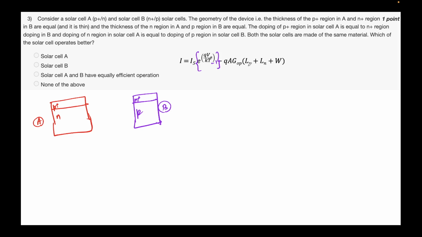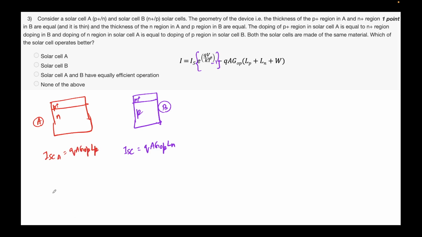The thing that is going to be different is VA; I'll assume the applied bias is the same for both of them. So let's first say what ISC is going to be. ISC for B will be Q A GOP LN. Why LN? Because the electrons are the ones that are going to diffuse in the p side, and we need to consider that. And for the other solar cell, ISC A will be equal to Q A